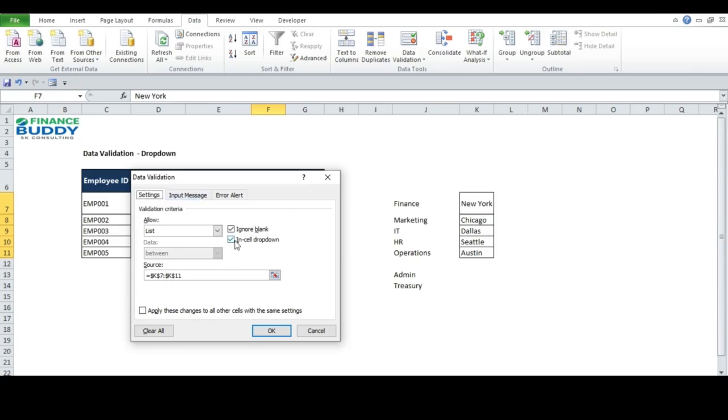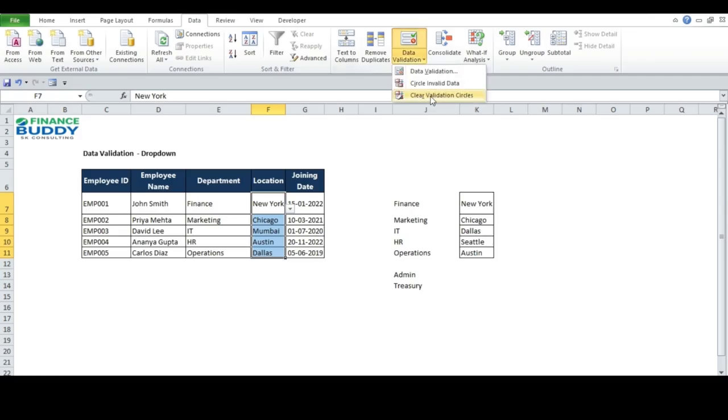As usual you can put your validation criteria, and after that you can select circle invalid data. Like you can see, the circle is appearing because Mumbai city is not within the data validation range. So that is also something you can do, and then you can click on clear validation circles to remove the circles. So this is how this function is used, and it is